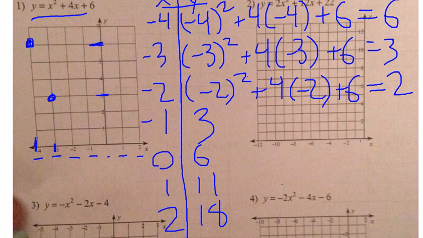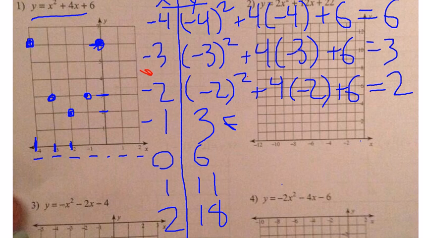Okay, so I went ahead and finished my table, now that you've got the idea of plugging in the x value and seeing what you get for y. So now I've got -2, 2 was this point here. So let's plot that. -2 on the x, 2 on the y. Then I've got -1, 3 right here. Okay, then I've got 0, 6